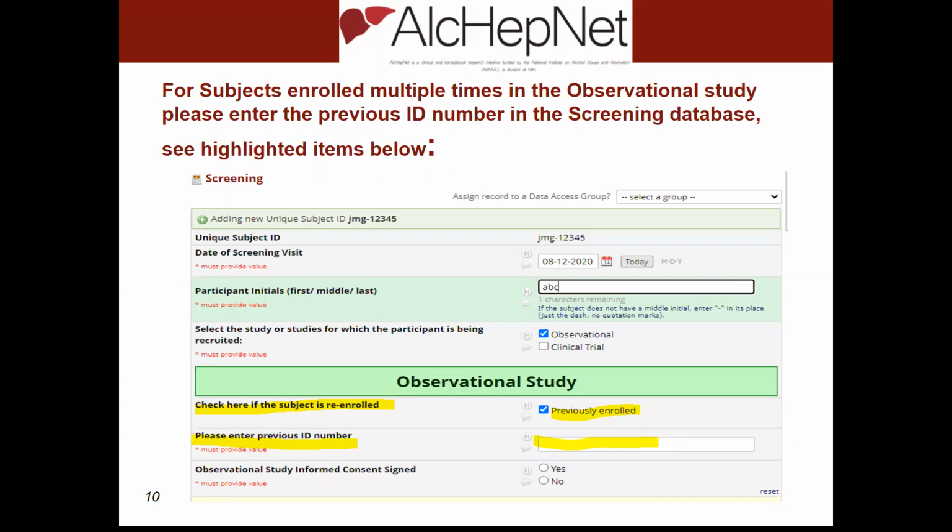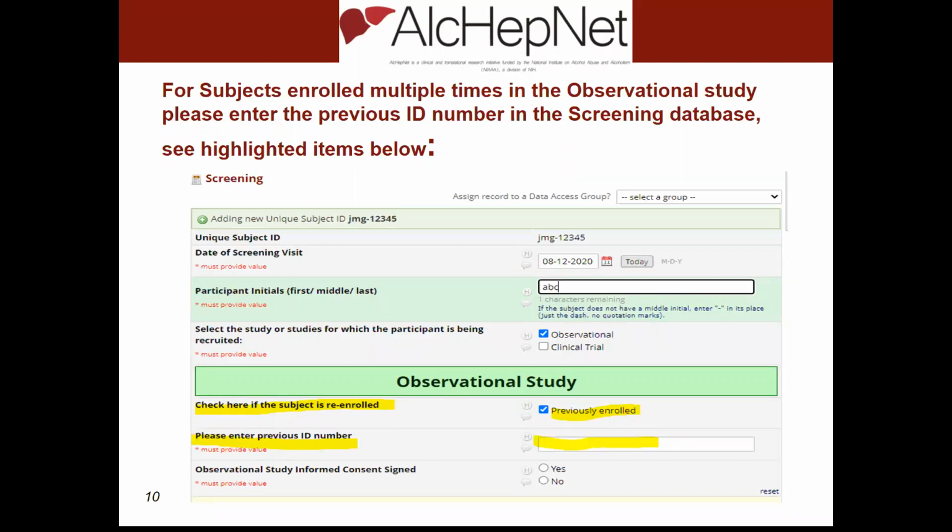Well, a participant is allowed to enroll, I believe, up to 4 times in the observational study. They have to complete the first round of enrollment, and then I can't remember, Savannah, how long it has to be. Don't quote me, but I think after 24 weeks you can be re-enrolled with a new onset of alcoholic hepatitis.